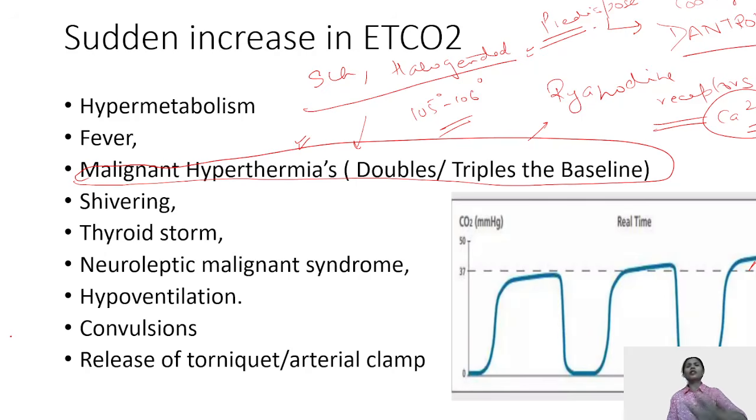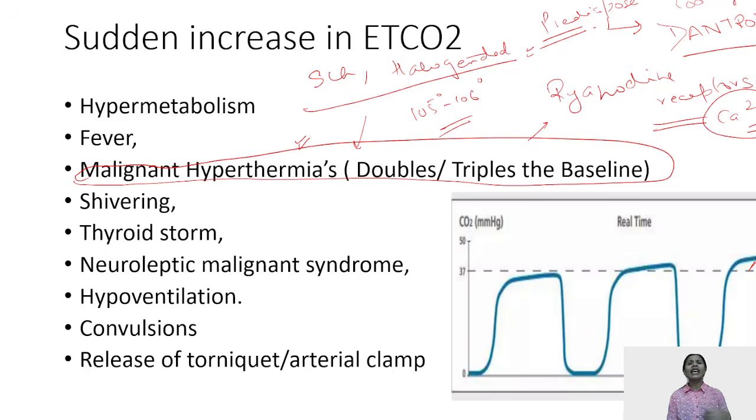This is the maximum that you all have to know about malignant hyperthermia, that the most causative agents for that are scoline and halogenated compounds. And it is actually not the fever that comes first. It is the ETCO2 that is going to rise suddenly. Cooling has to be done and dantrolene injection has to be provided. And the pathophysiology of malignant hyperthermia is ryanodine receptors which are not functioning properly, and they are responsible for the calcium metabolism.